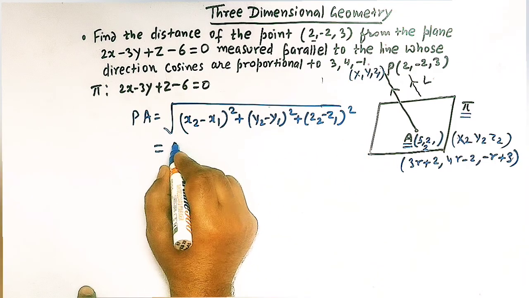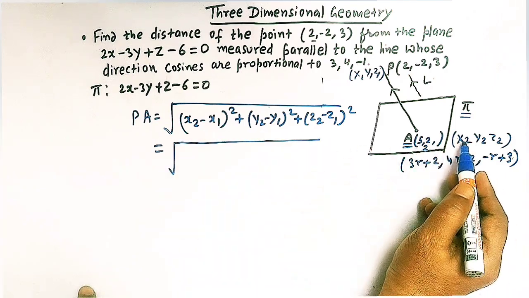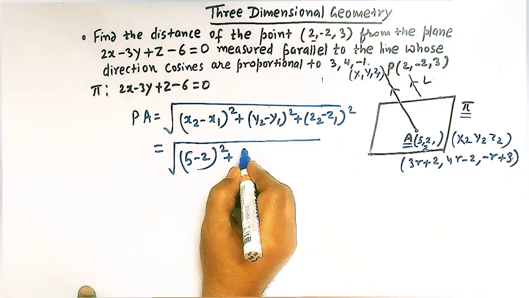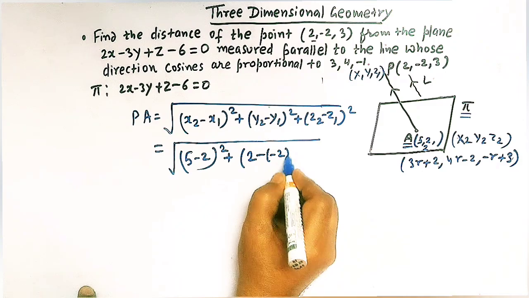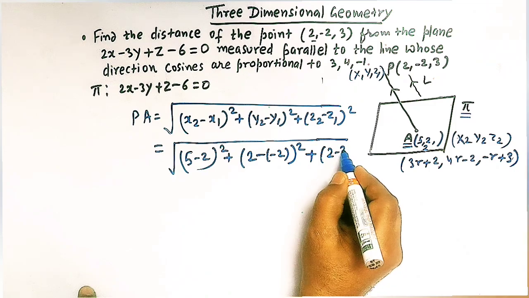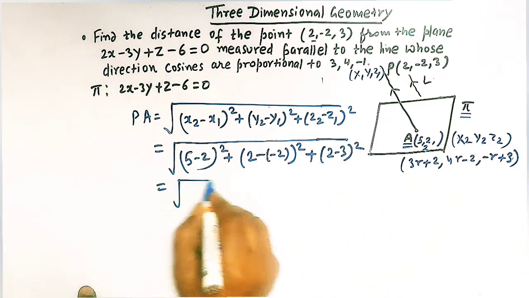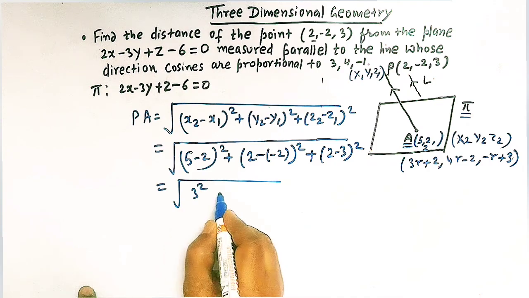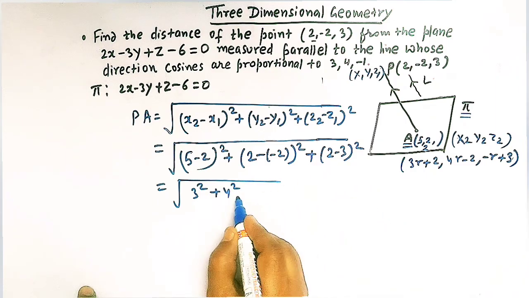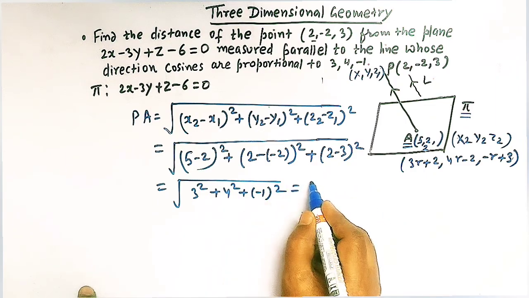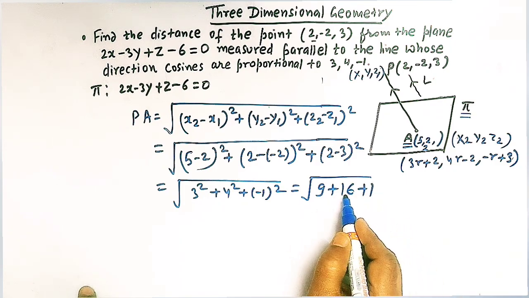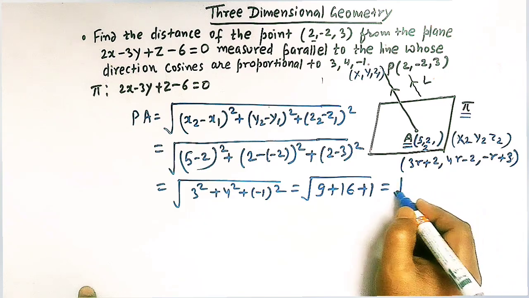So we have x2 as 5, so (5 minus 2) squared, then (2 minus minus 2) squared, and then (2 minus 3) squared. So 5 minus 2 is 3, so 3 squared. This is 2 plus 2, 4, so 4 squared, and here 2 minus 3 is minus 1, squared. So this is 9, this is 16, and this is 1. So this is 25 plus 1, 26. So we have under root